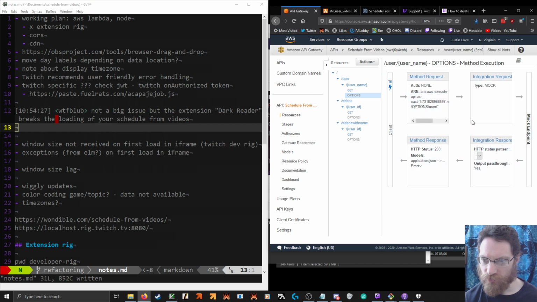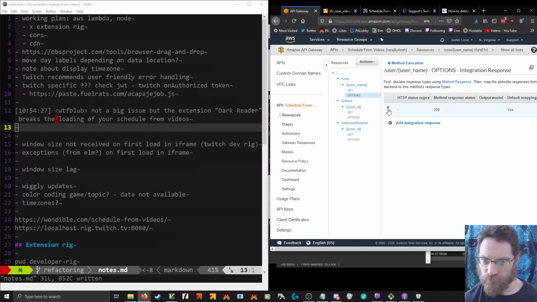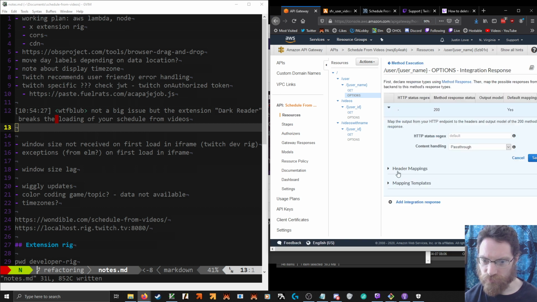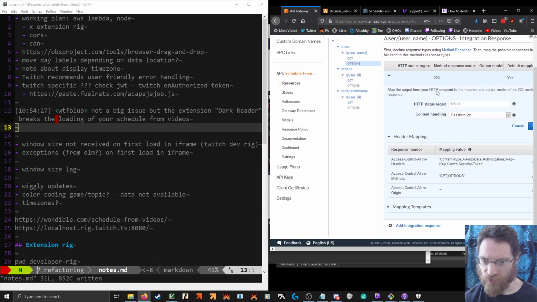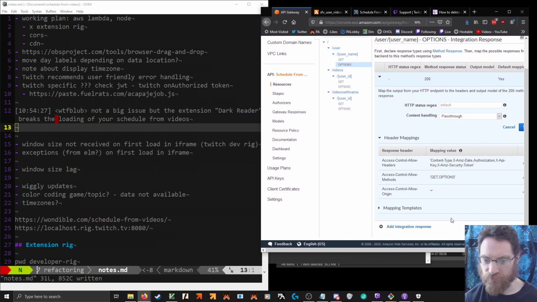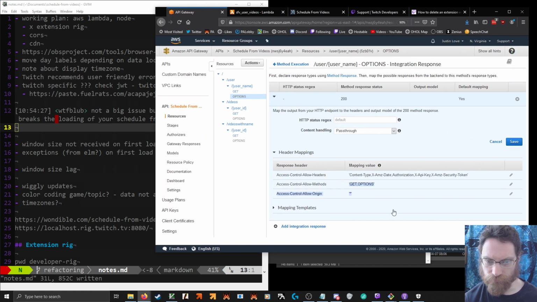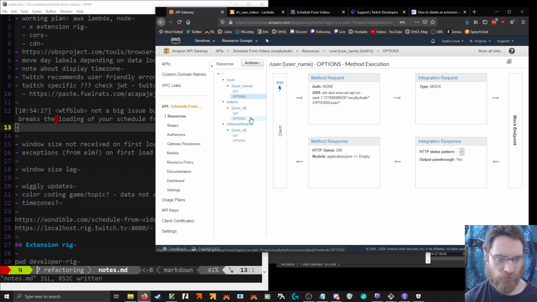So maybe we get those values from here? Ah, okay. Access-Control-Allow-Origin. I also want to have some kind of short-term logging if possible.